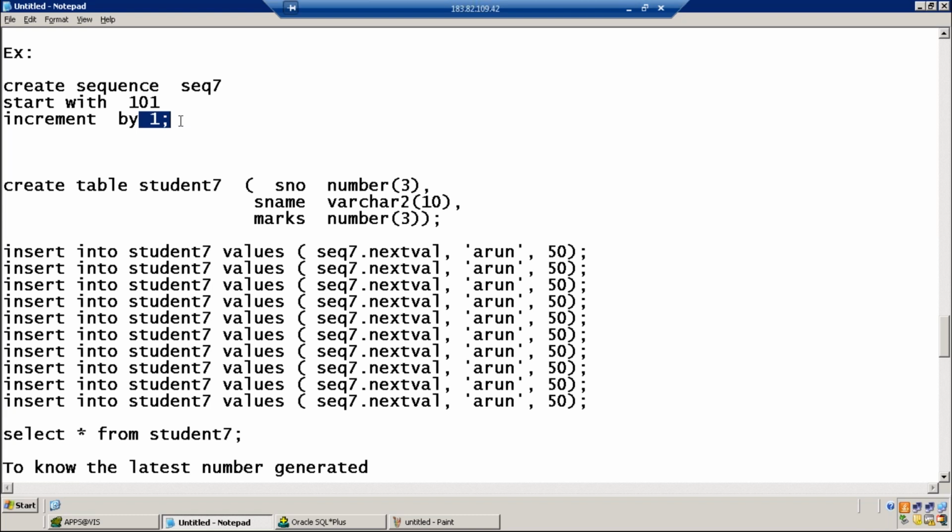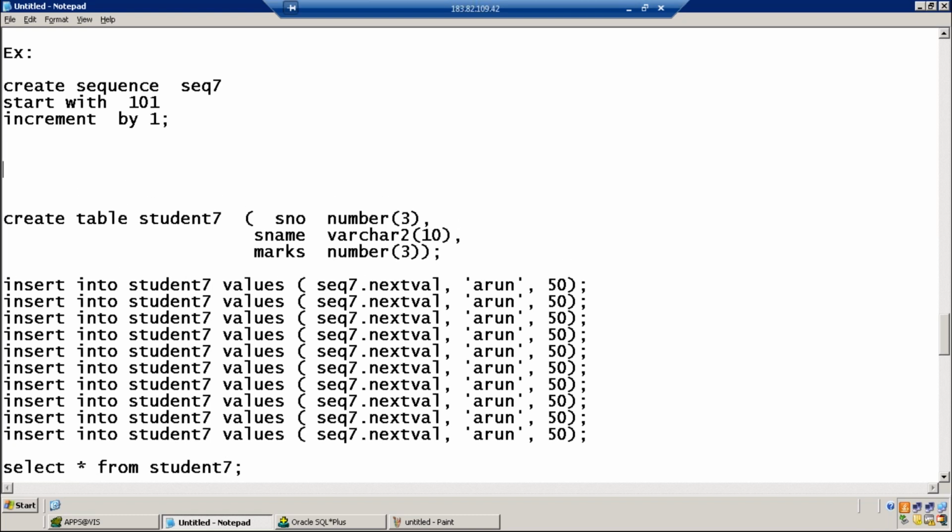If there is increment, there is decrement. If you want to decrement, you should write increment by -1. If you write increment by -1, it is nothing but decrementing. Okay, so the word increment you can change to decrement? No. You should write increment by -1. When you write increment by -1, then it will decrement. So it will be 101, 199. Shall we try?